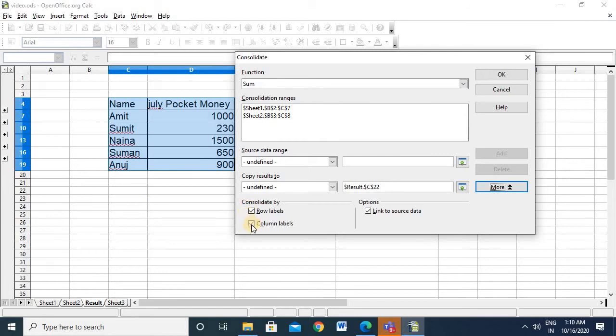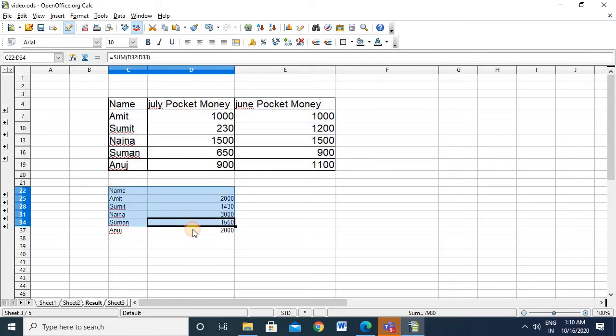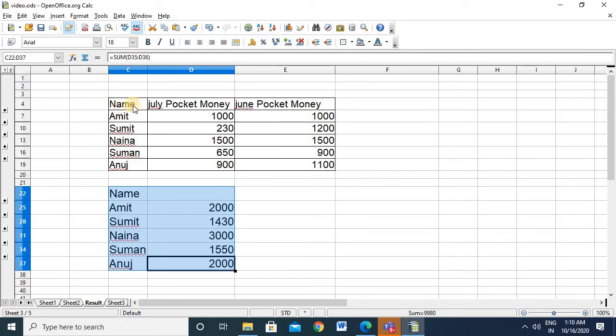I'll just need the row labels, or I'll just need the column labels, and click on OK and see. This is the important feature. It adds the respective values.